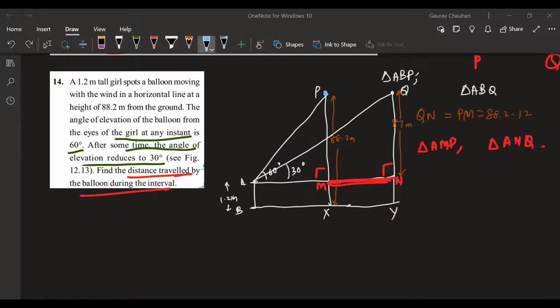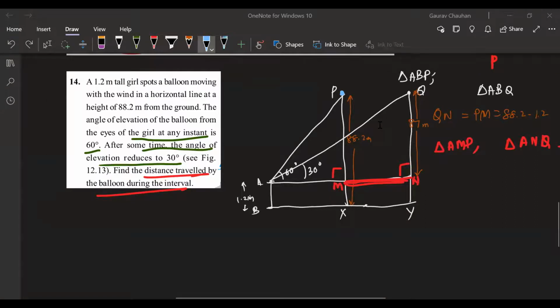So you didn't subtract the girl's height. Dilruba, that is important to subtract because otherwise it would not have been given. 88 to 1 meter is comparable, we can still think of the ratio. It's not like the sun or the moon, which is really far off. The girl's height is significant, and also it's been mentioned, so we need to subtract that. Okay, Dilruba? Yes, sir. All right. Anyone else?